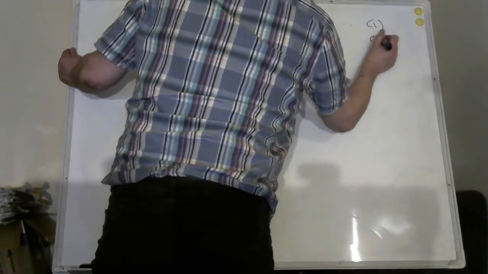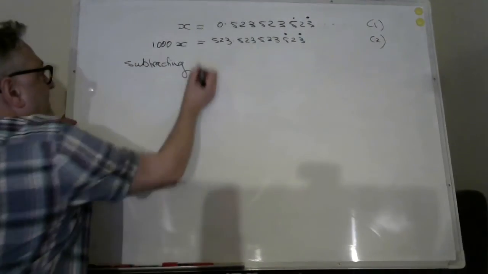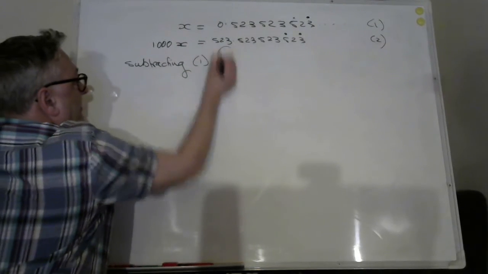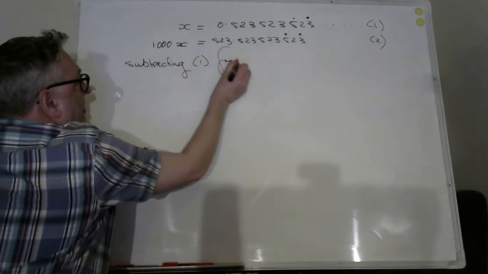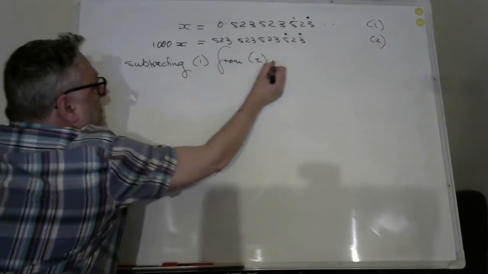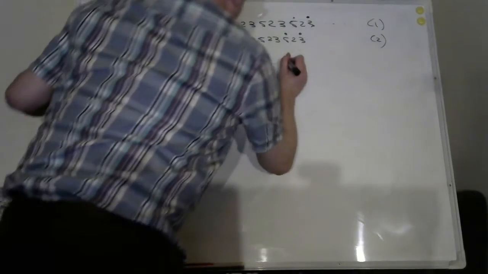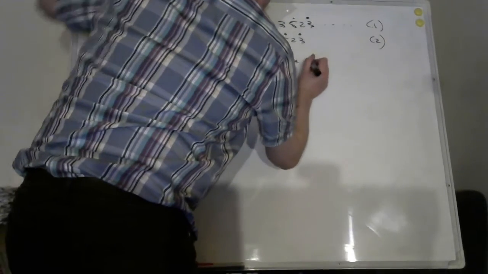We'll call this equation 1 again and this equation 2. So subtracting equation 1 from equation 2, we obtain,